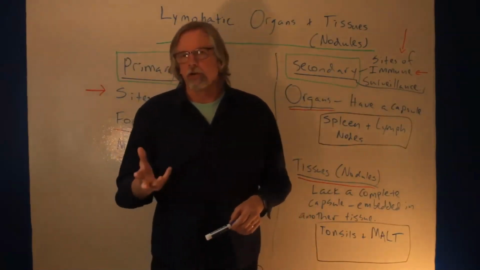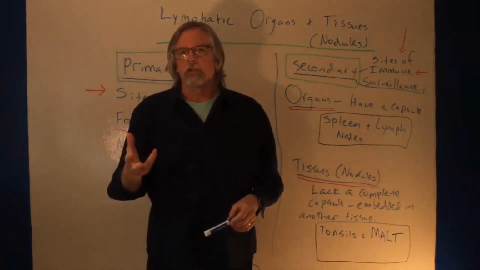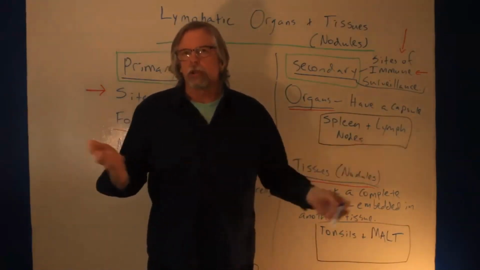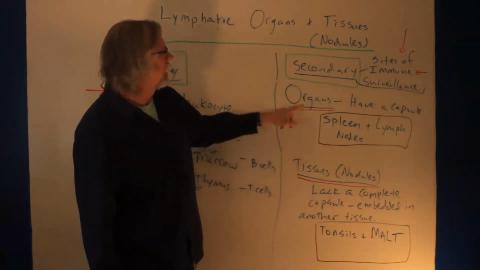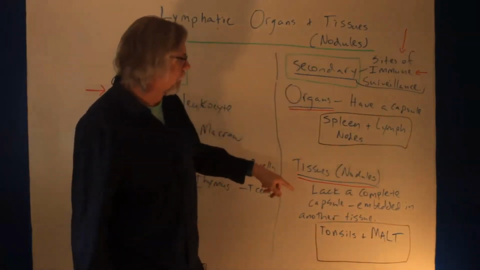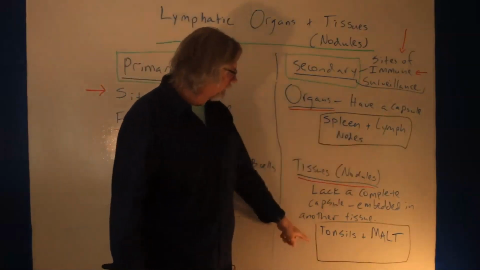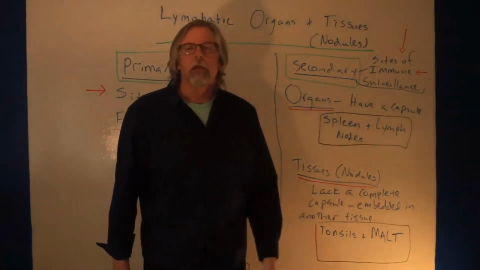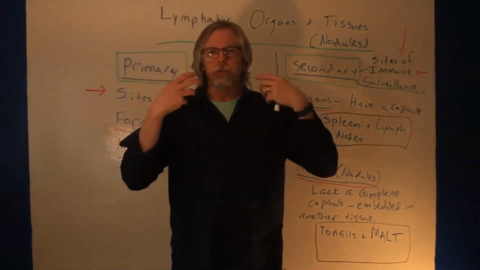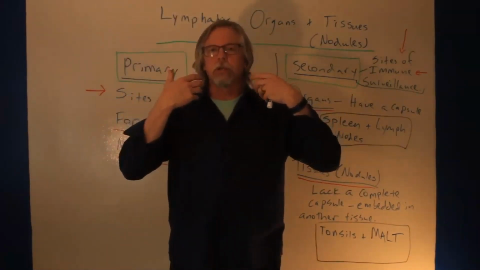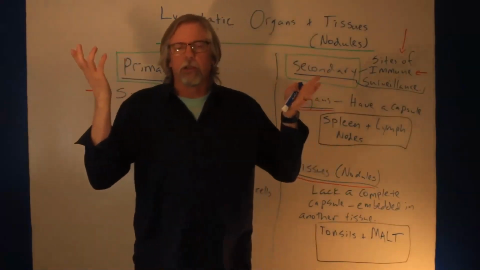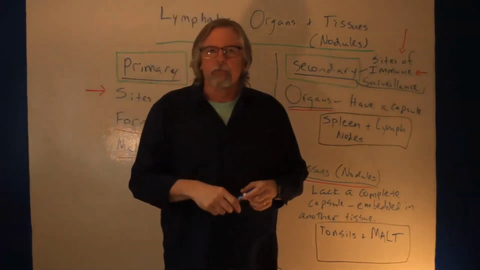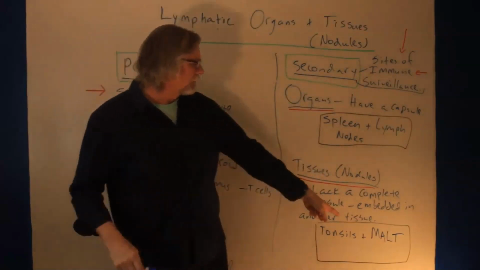And so they're still functional, they're still working, they're just not a structure unto themselves. Okay, the two main examples of secondary lymphatic tissues or nodules you'll find are the tonsils and the MALT. Tonsils are packets of immune system cells that are in the wall of the upper pharynx, nasopharynx mostly, and the oral cavity. And the MALT,